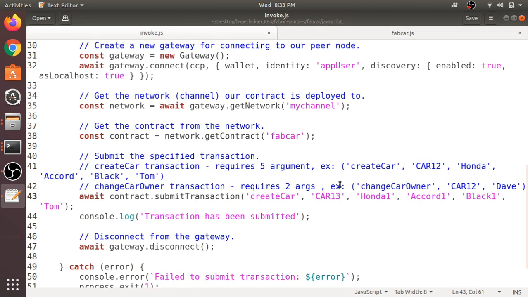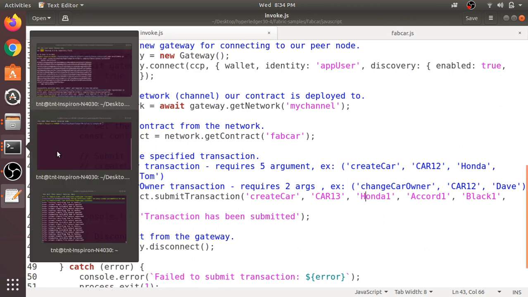So I am going to create a new car 13, which is of Honda 1, Accord 1, Black 1, and Tom. So we can just run this JS file, and successfully it will add the details of this new car into the ledger. Okay, so we can execute it.